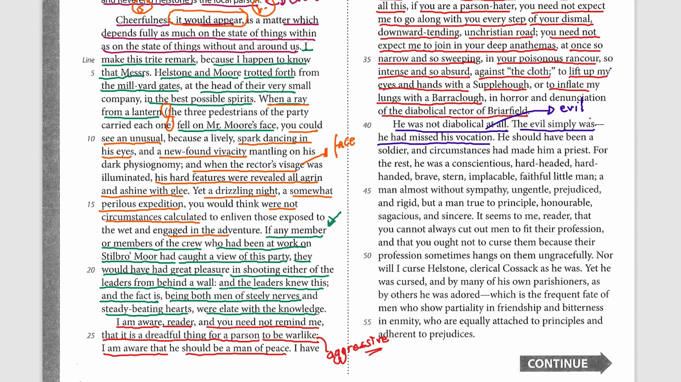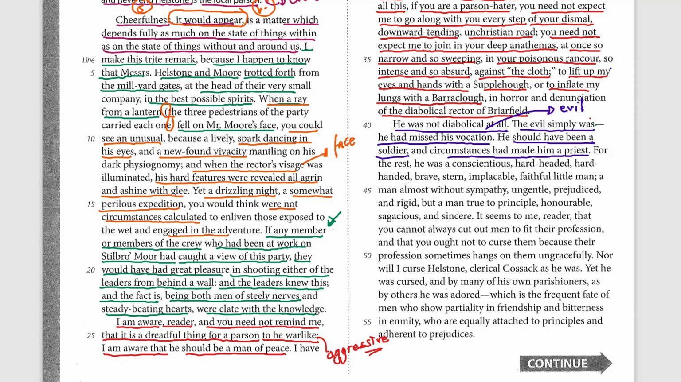The evil simply was he had missed his vocation. Of course, vocation, brothers, means the job, you understand, or let us say here the mission. He had missed his mission. He should have been what? A soldier. When I say he should have been, what should he have been? A soldier, not a clergyman. And circumstances had made him a priest. But the circumstances made him a priest. Why did he have to be, or should he have been, a soldier? Because